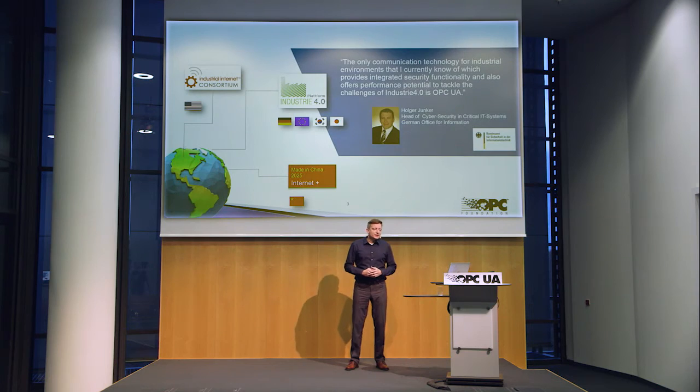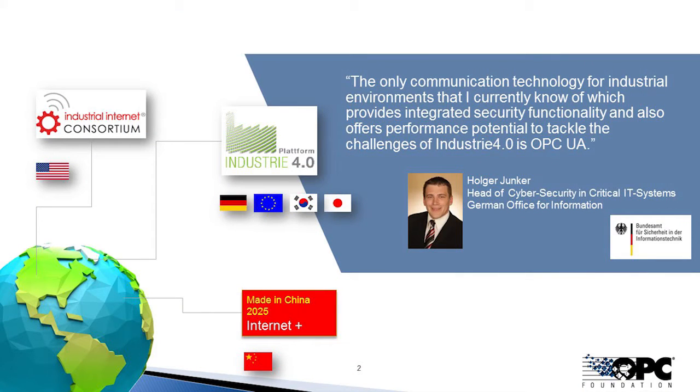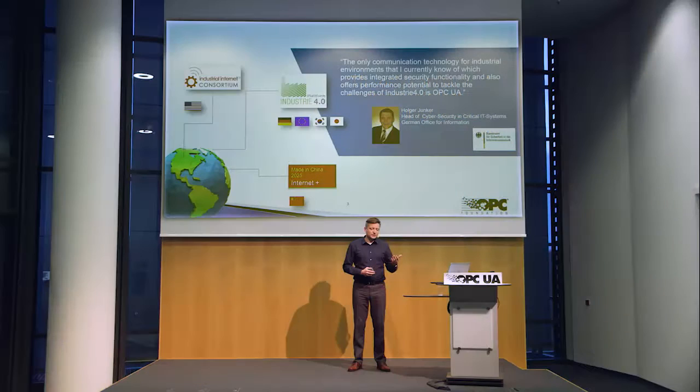So they did a lot of testing, and basically in the end, what they came up with was that OPC UA was the only standard they found at the time that would have both the security capabilities and the scalability and the context required to express that information for the different systems to share data between each other without losing context. So once that came out and it was identified that OPC UA provides this type of security from a standards point of view, so theoretically when you look at the standard, does it have any flaws, let's say, for the security, and it passed that, it got a check mark.